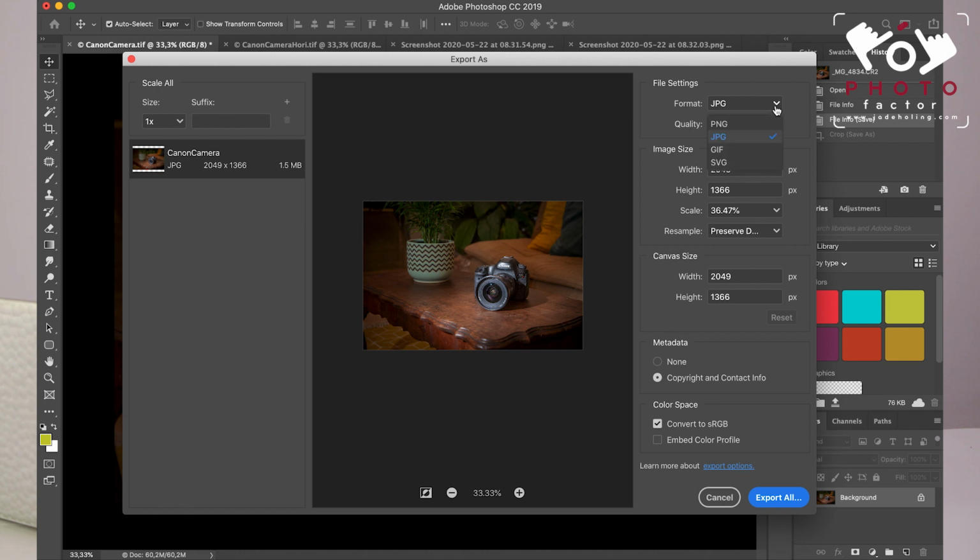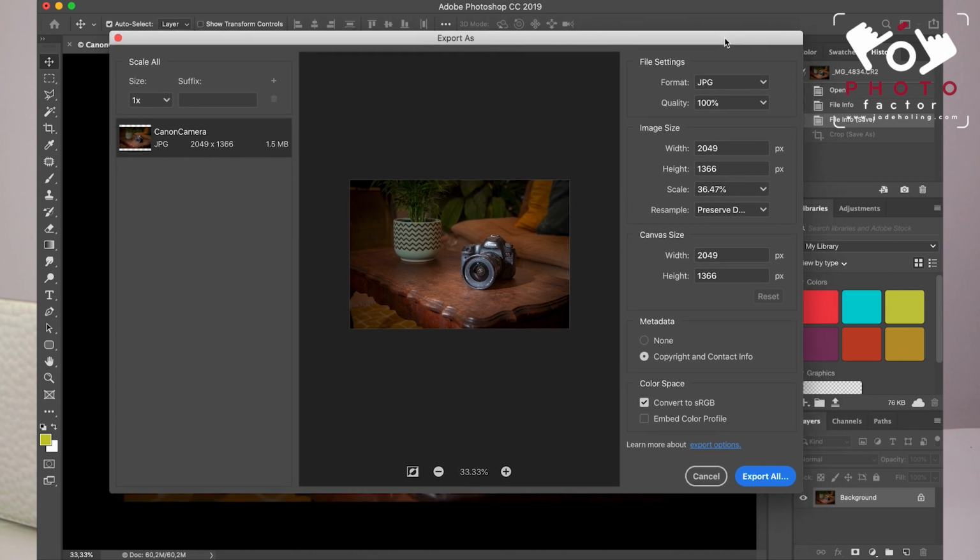Now JPEG is what most people upload as, because that is generally considered the go-to option for when uploading to the web. However, a PNG is going to provide you with a better option, and the reason for that is